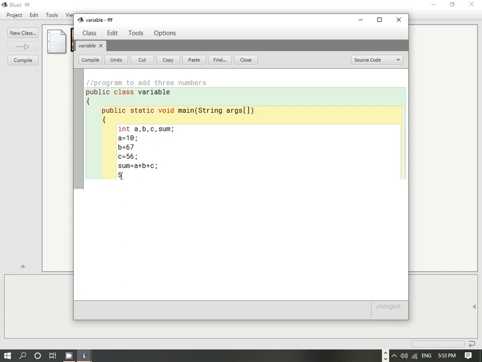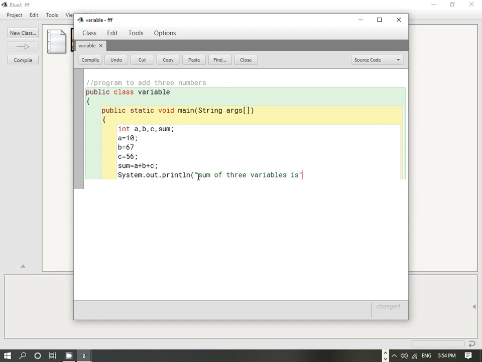So we will write down System. Here remember that S will be capital. System dot out dot println. We have to display the sum. So we can write down over here sum of three variables is.